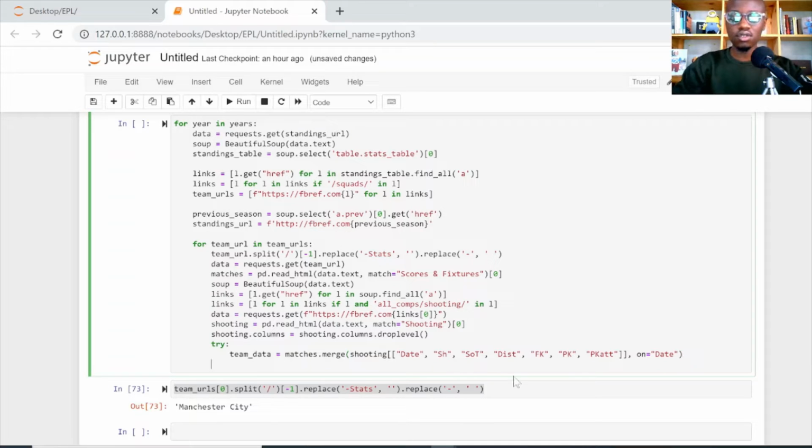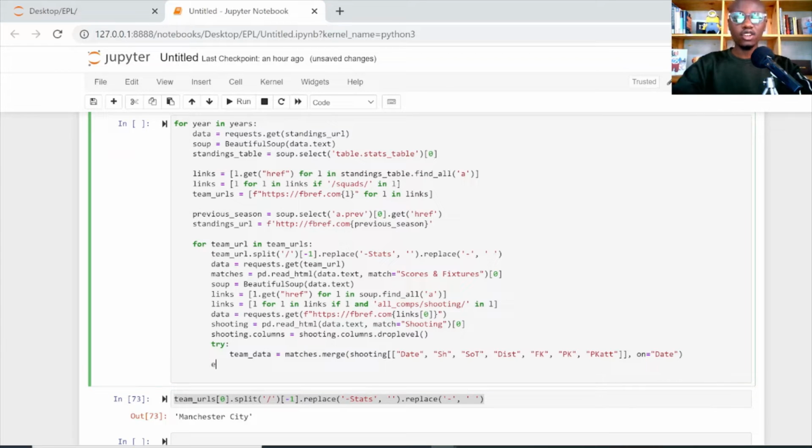I think that's good. Let me just check this shooting data. Okay, the brackets are fine, everything is fine, comma, perfect. But remember, there's some instances where the shots and shots on target are 0, and the data is not complete. So it might bring a value error, no information or something like that. So use try to make sure that we can create an exception where we can say